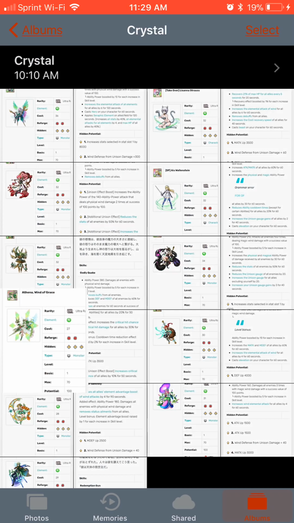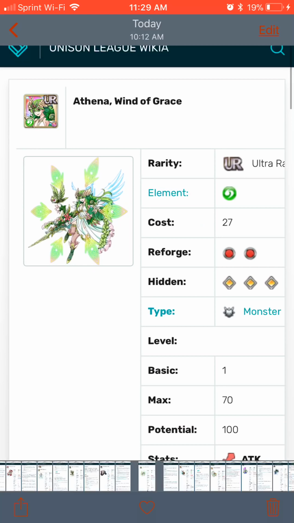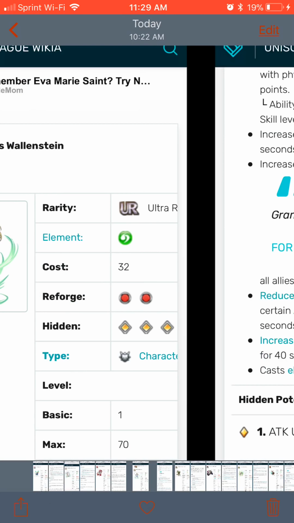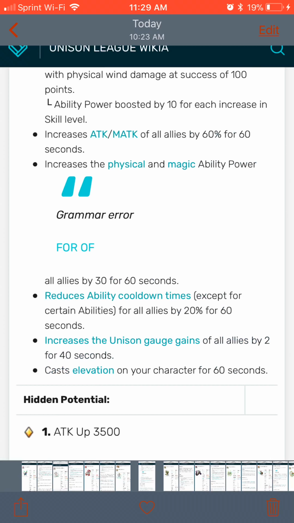Okay, so the next one would be reducing ability cooldown times. Now, it doesn't matter if you use Athena Windgrace or IS Wallstein. It does not matter whatsoever. Their other buffs do not matter. The only thing that they're really useful for is reducing ability cooldown times. And if you awaken her